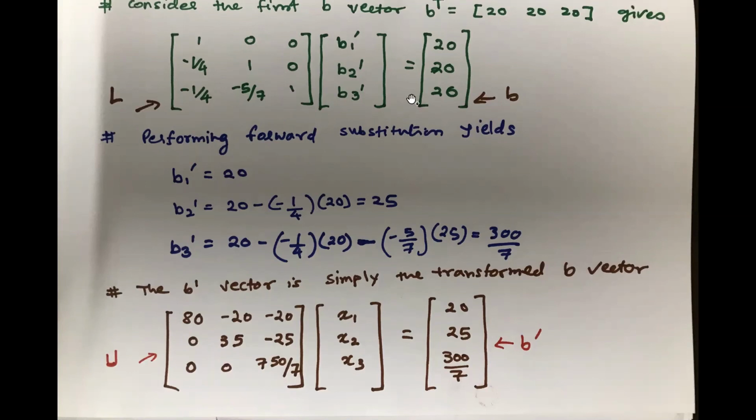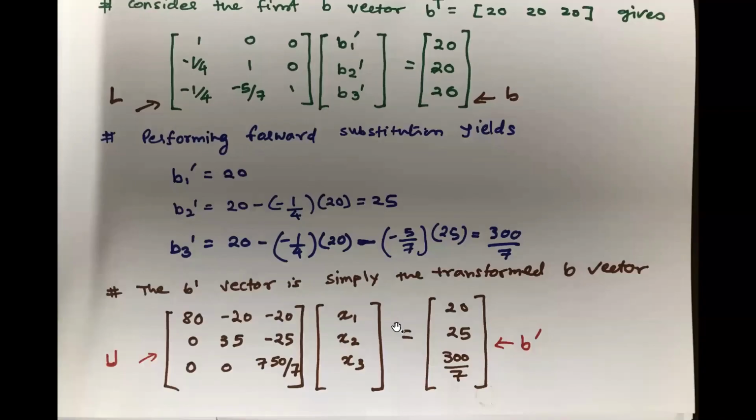So here we are converting the B matrix into B dash, which becomes our right hand side vector. So we have L B dash is equal to B. We have solved for B dash, and that B dash we are going to use with the upper triangle formula, that is Ux is equal to B dash, and from this we get the solution. Now I don't have the answer, but can you get the solution from this easily? X1, X2, X3.